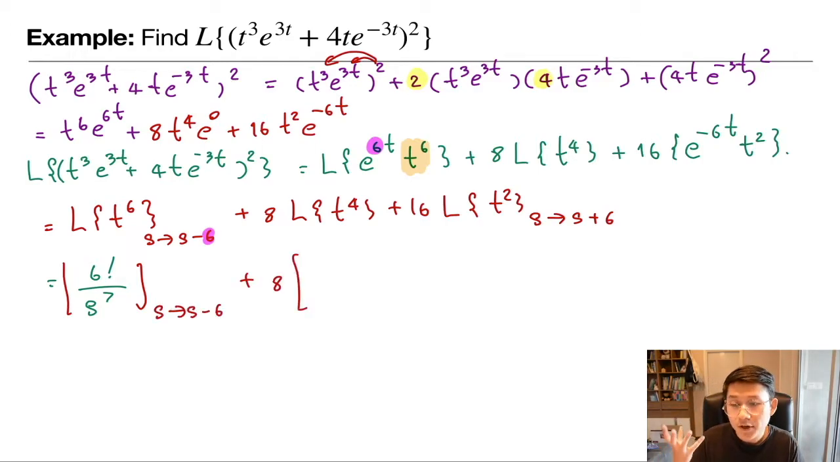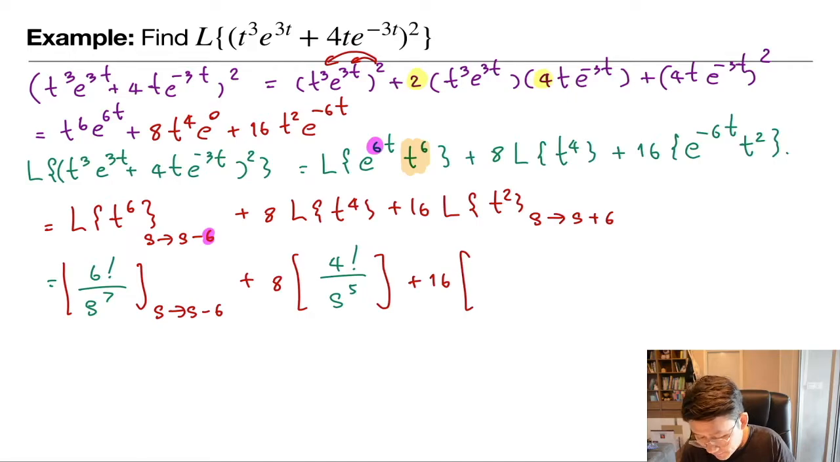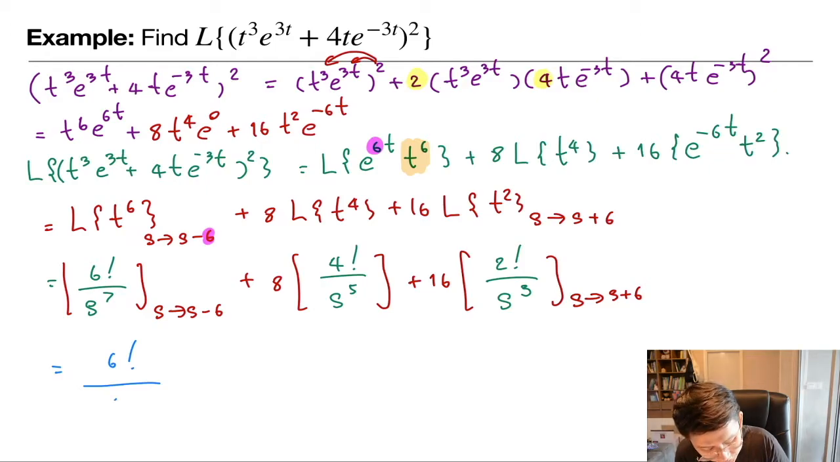Laplace transform of t to the 4 is 4 factorial divided by s to the 5, and you don't need to change anything, because here it's just the Laplace transform of t to the 4. There is no e to the at. And the next one would be plus 16, and Laplace transform of t squared, you would have 2 factorial divided by s to the 3, and then you change s to s plus 6, and in that case the answer would be 6 factorial divided by s minus 6 to the 7 plus 8